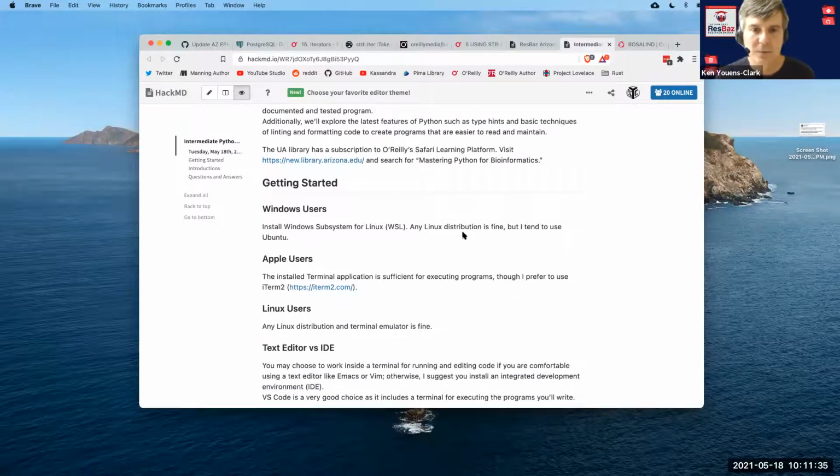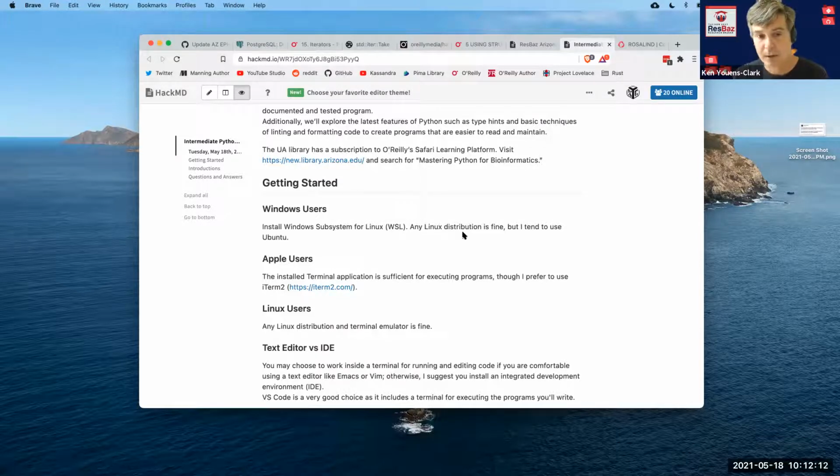If you're on a Windows platform, you're pretty much going to have to install Windows Subsystem for Linux, which seems like a very high bar. You basically have to learn a new operating system in order to write command line programs. But it's just a fact. I have a Windows laptop. It is utterly worthless for this kind of programming. So I have installed WSL. I use version 1 because of the security requirements of mine, but WSL2 is the preferred version. So however you have to do that, it works.